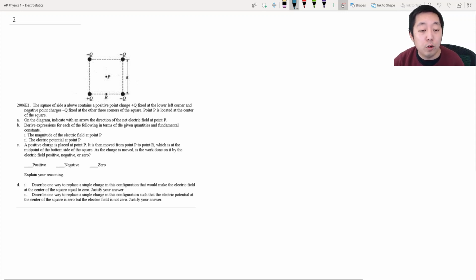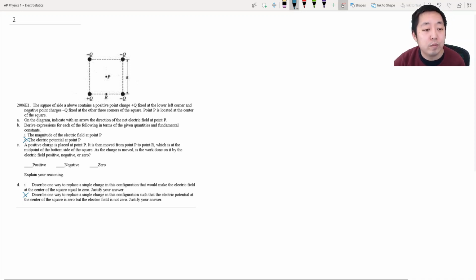So before you attempt to do the problem, I want to eliminate some questions that you would have to do, anything related to electric potential. But I think the rest of the problems you should be able to do. So again, I suggest you pause the video, try to do the problem, and then come back after you've tried